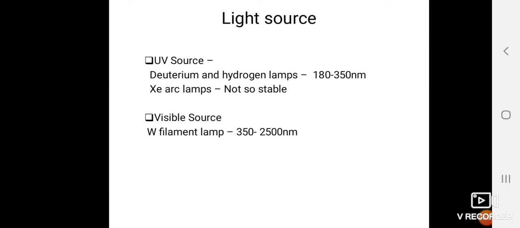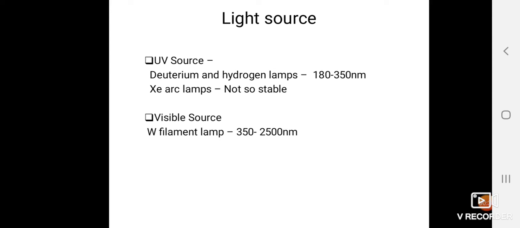In the last video, dear students, I was discussing the instrumentation part of the visible spectrophotometer. Here the light source usually used is a deuterium or hydrogen lamp, which gives 180 to 350 nanometers of electromagnetic radiation, which falls into the UV range. A xenon arc lamp, which people used earlier as a source for UV radiation, was found to be not so stable. Then they went for